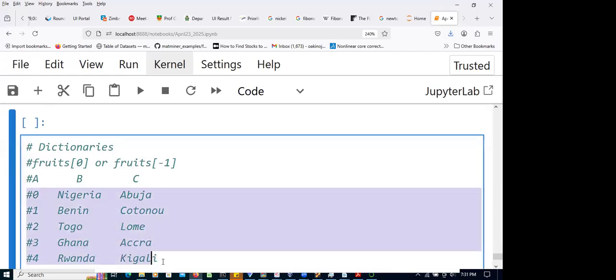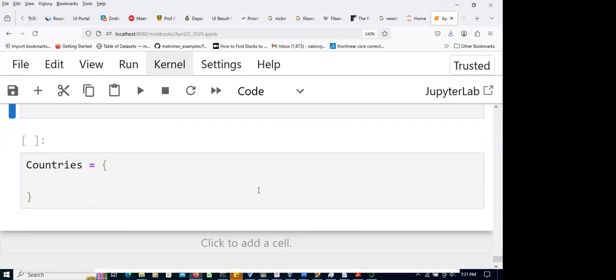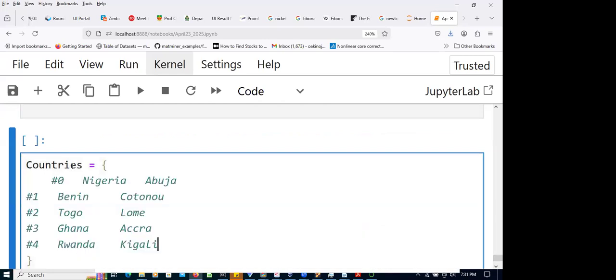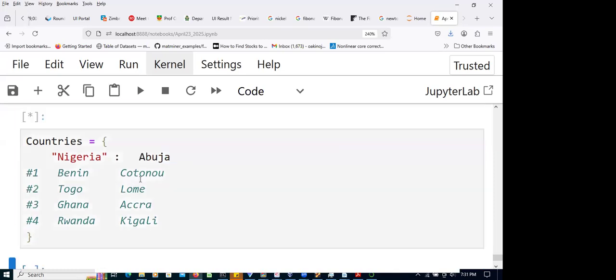Okay. So the way they call it is this Nigeria, Benin, Togo, those are the key, and then the value is this. So I'm just going to copy and paste this. So Nigeria, and it doesn't have to be a string, it can be anything. And then the value is